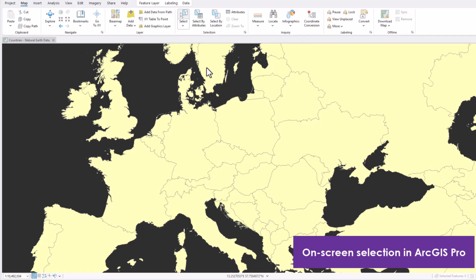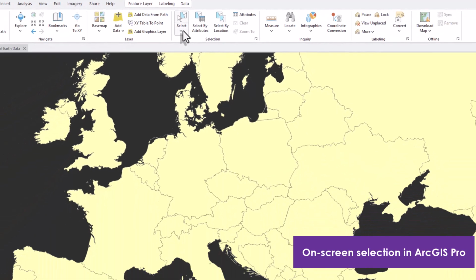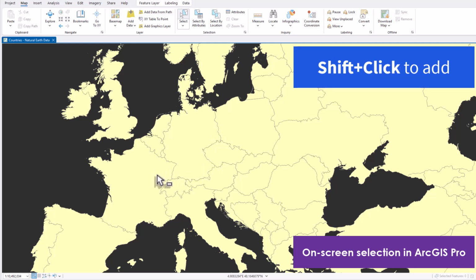With on-screen selections, we use the Select tool and the mouse to select features. In GIS software, we are often given multiple ways of defining how we are selecting. We can draw a rectangle, a polygon, a circle, and so on, and features are selected based on that shape. We can also add or remove features from our selection by clicking on them while pressing a key on the